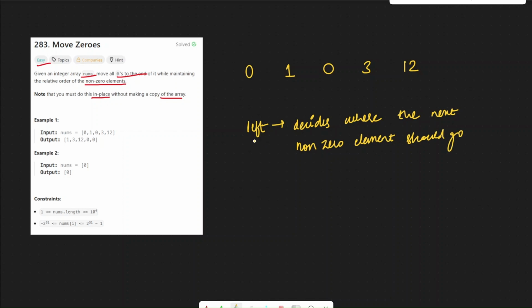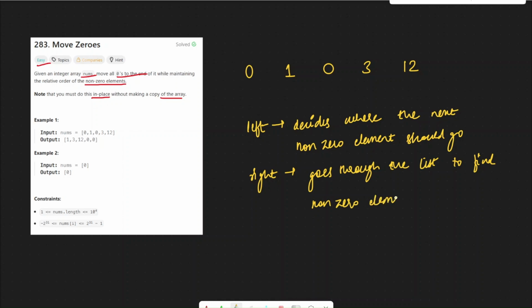So this keeps track of the place where we need to make the swap. And the right pointer moves through the list to find non-zero elements.